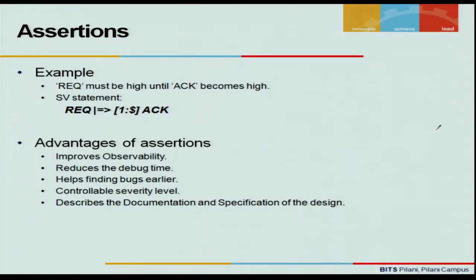Another good feature is you can control severity levels. You have written some assertions, but you can say, okay, as of now this assertion is being fired, but I want to ignore it for now. Later on we are going to fix it. So you can just reduce the severity level. Okay, let's make it a warning from an error. Those kinds of things you can do with assertions. And again, assertions describe whatever specification is in the documentation. It's a really nice way of describing your functional specification in terms of language statements.